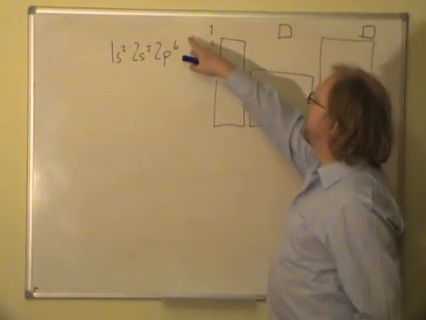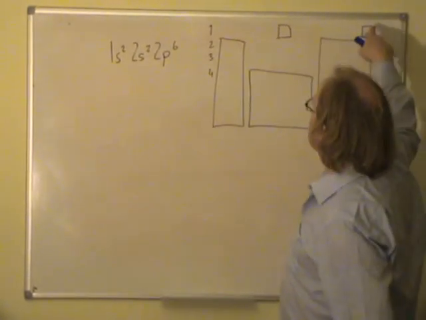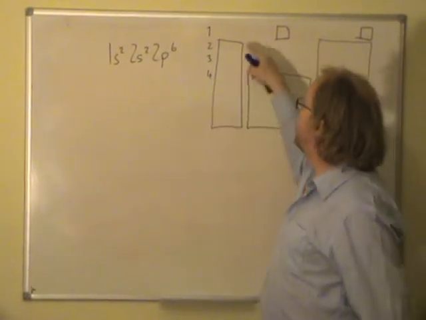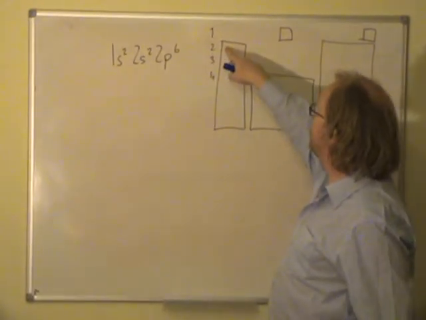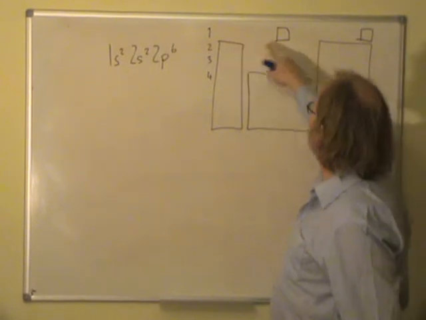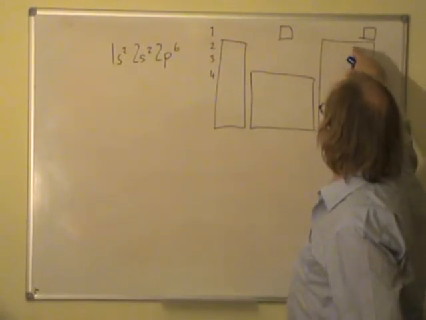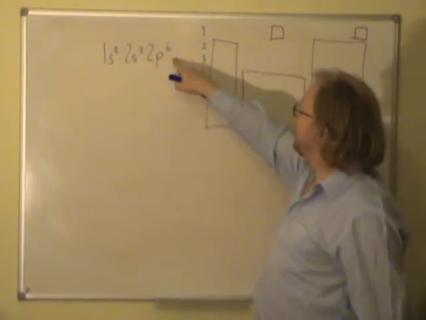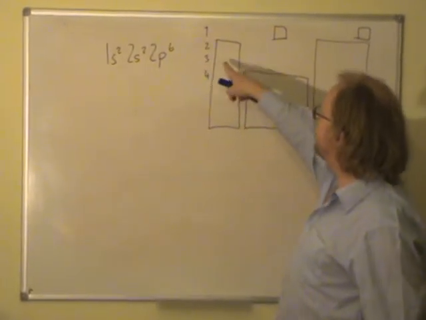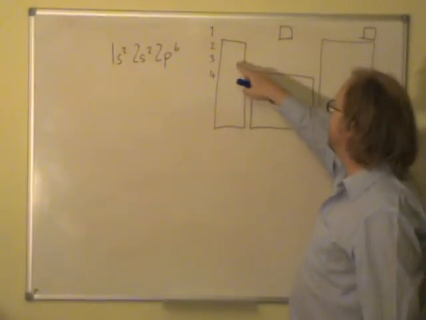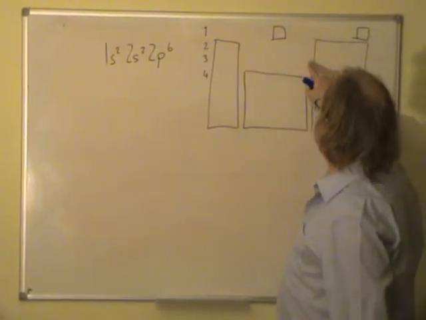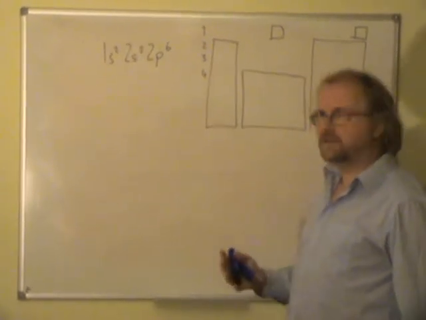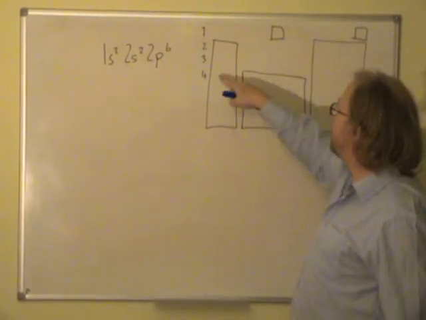So, it will remind you that in the first period you've just got 2 elements because only 2 electrons can go in, 1s2. In the second period you've got 2s2, 2 elements there, and then 2p6. And as you fill those up we get the 6 elements here. And then when you start filling it in from here, you can see that the same pattern occurs in the third period, so 3s2 and 3p6. And then in the fourth period, which is where it gets tricky, again your periodic table reminds you, we're back